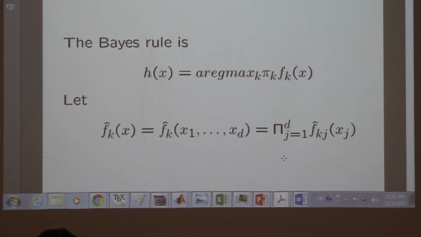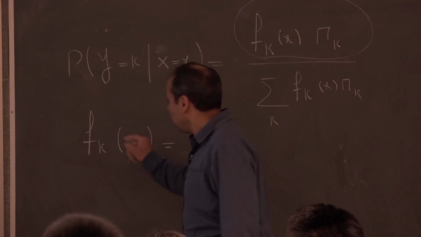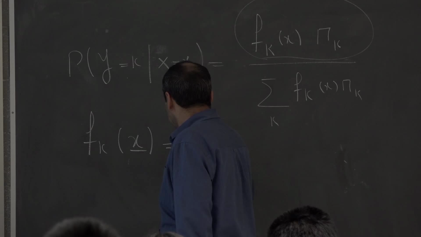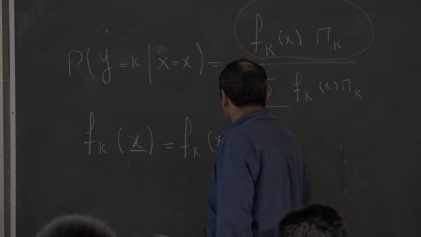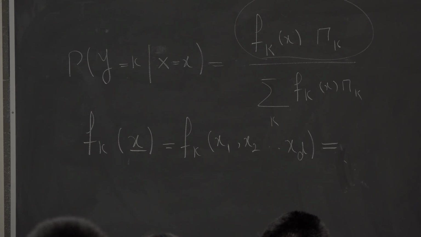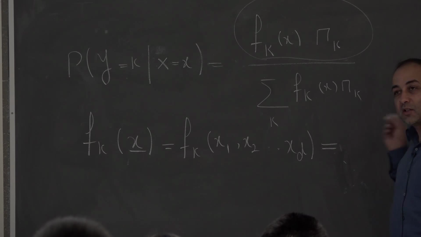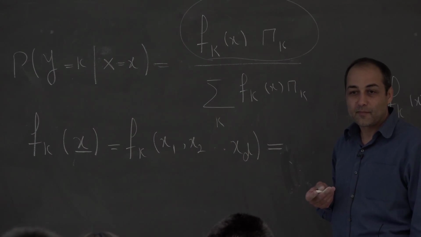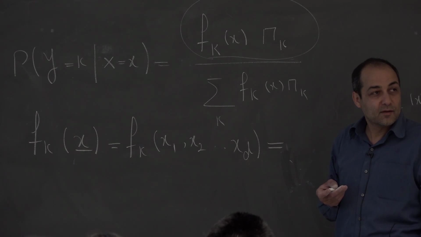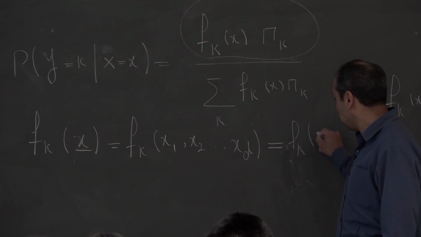You know, because in general, f_k(x), if x is d-dimensional, is what? It's a density over x1, x2, up to xd, right? So if I want to decompose this, it's what, in general? Don't make any naive assumption. Yeah, this joint distribution, write it as conditional distribution over each of these. Probability of one times the conditional probability of that one, and the next one, and the conditional probability of the third one. So I can write probability or density of x1